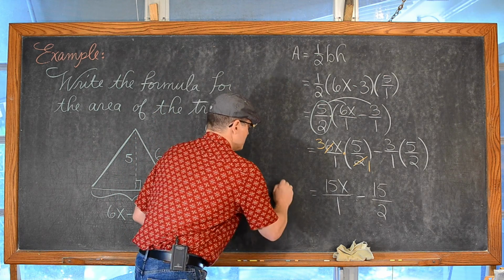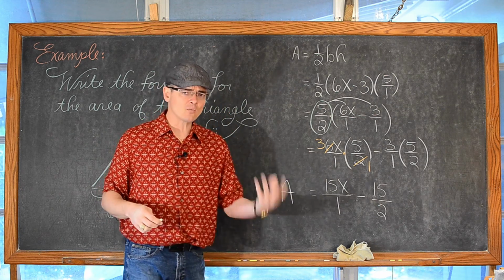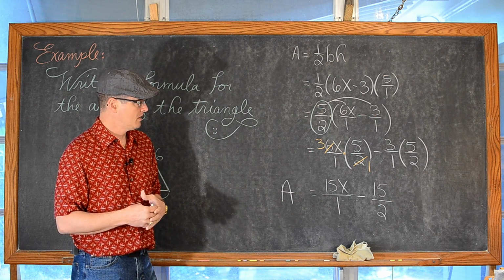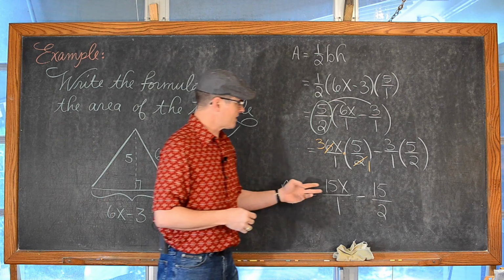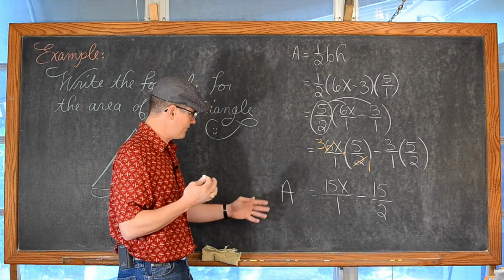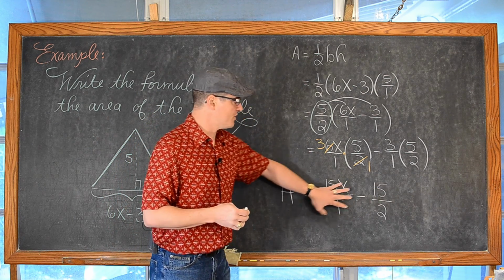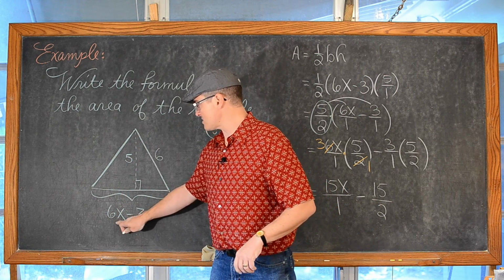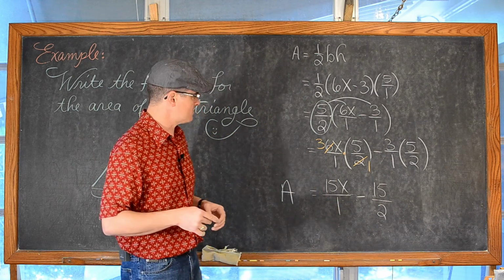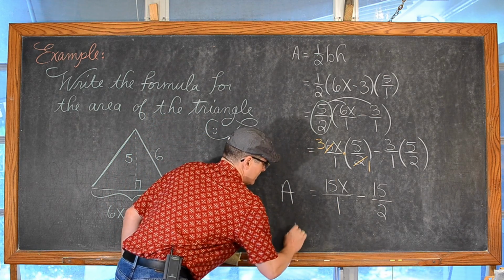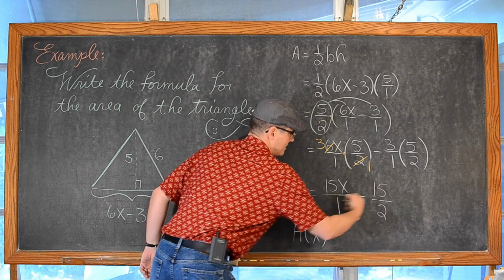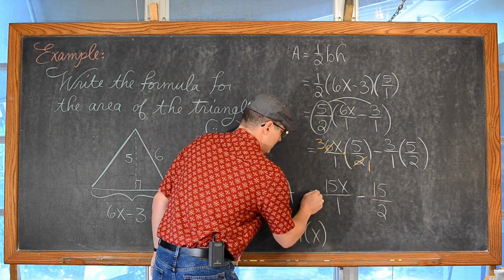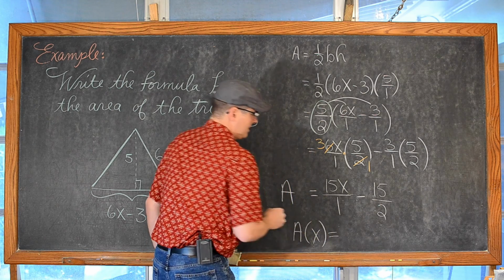Now this is all equal to the area, which I can write as A is equal to (15x minus 15) over 2. But I can also recognize and use a little function notation. I'm not sure if you've been introduced to that yet, but the only variable over here is x, which is the independent variable. Whatever x is going to determine the overall area of this triangle. So I can say that I'm finding the area in terms of x because that's the only variable on the right side of the equation. And now I am talking about an equation because I'm writing an equal sign.